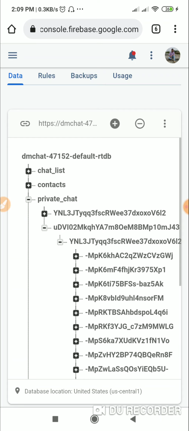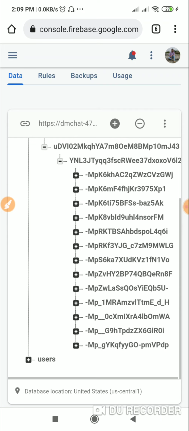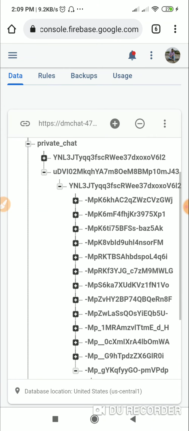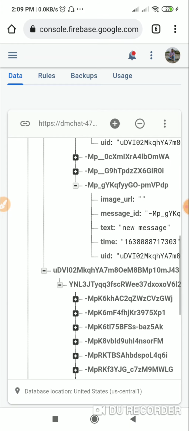Similarly, it contains the UID of the second user, then the UID of the first user, then the message IDs, and here also it has the same message, which is the new message.